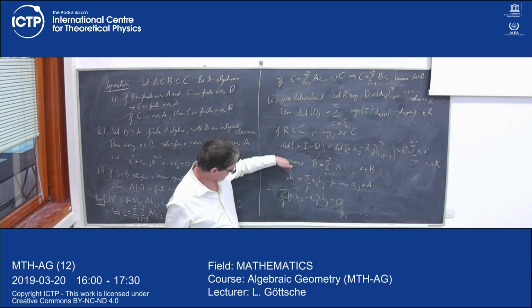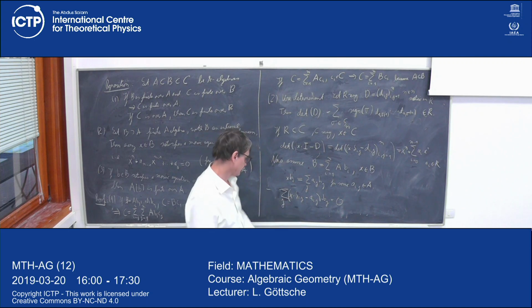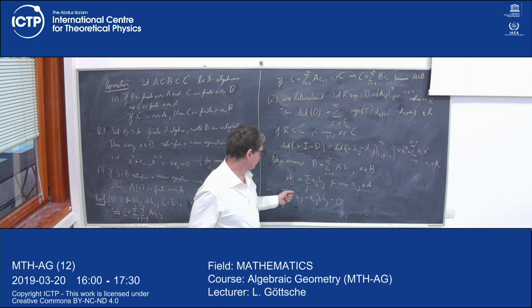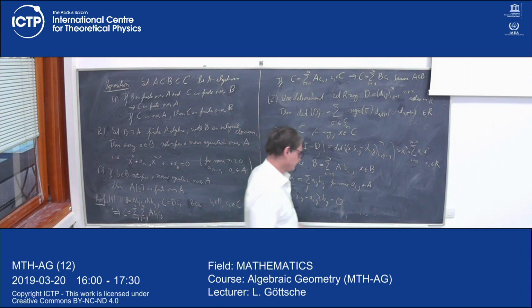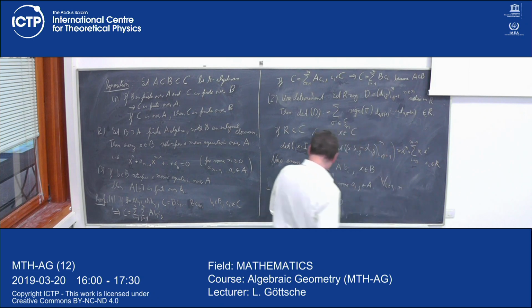So if I take this identity and bring this to the other side, I can also write it like this. But now this obviously holds for every i. So therefore,